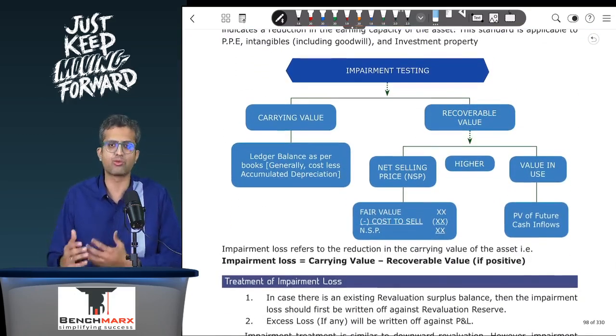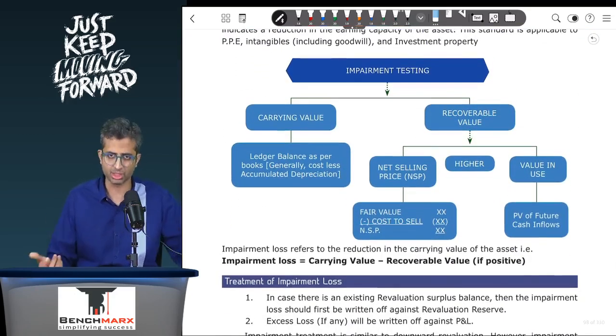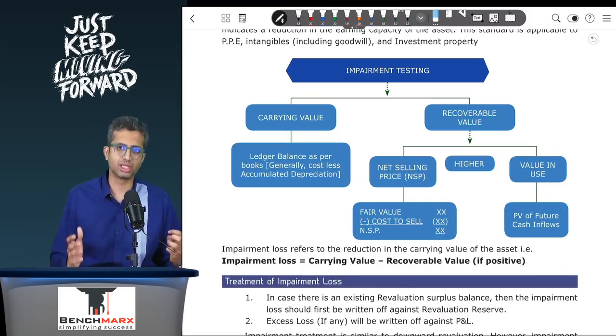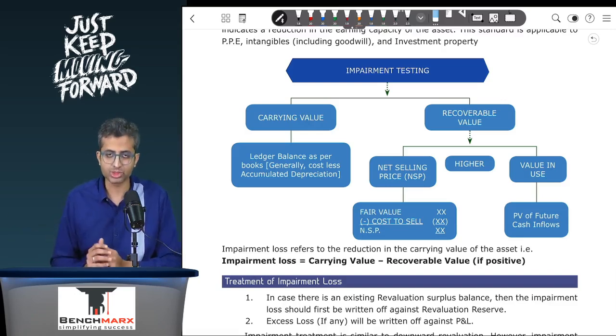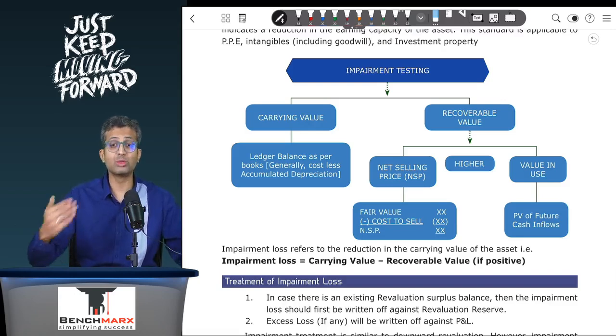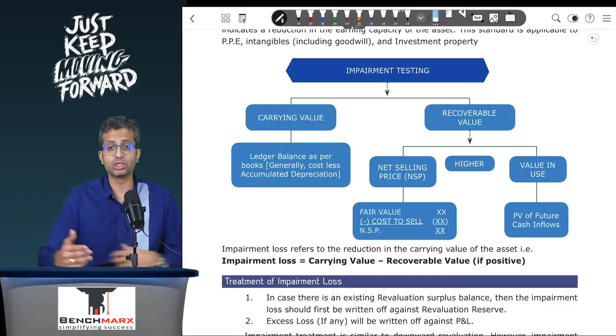So how do you test for impairment? You compare the carrying value, that is the ledger balance, with what you call the recoverable value. Now recoverable value is calculated as the higher of the fair value less cost to sell, also called the net selling price, or the value in use, which is the present value of future cash flows. Now when you calculate the net selling price, the cost to sell will be the incremental expenses that you will incur to complete the sale, whereas the fair value,